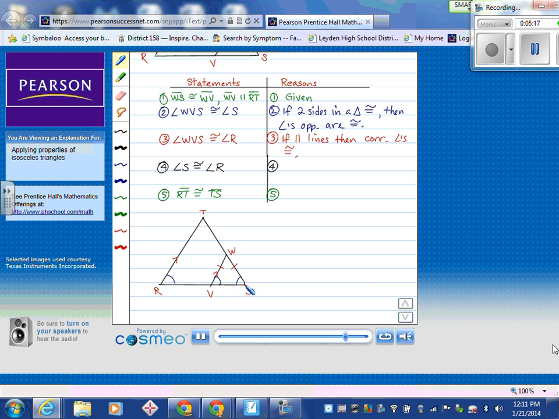Well, now you know that since angle S is congruent to WVS, and WVS is congruent to angle R, you can conclude angle S is congruent to angle R, and you can use the transitive property of congruence. And substitution would also work as a reason for that, because you've taken this given equation, and since WVS is congruent to R, in place of WVS, you simply substitute angle R. Once you know that, you now have the converse of the isosceles triangle theorem, because you have two angles in the large triangle RTS congruent, therefore the sides opposite